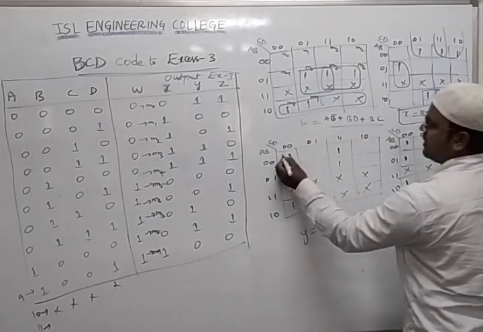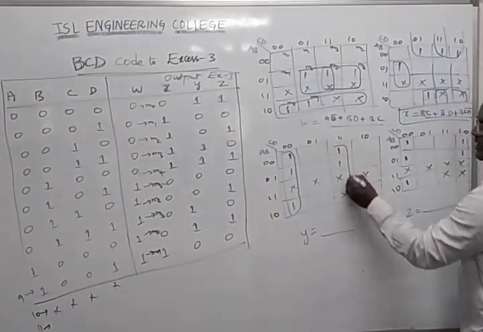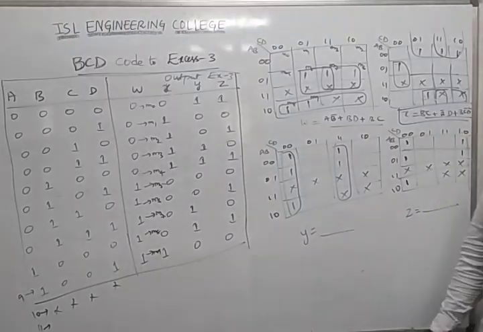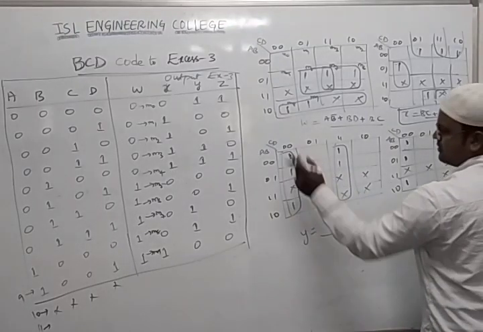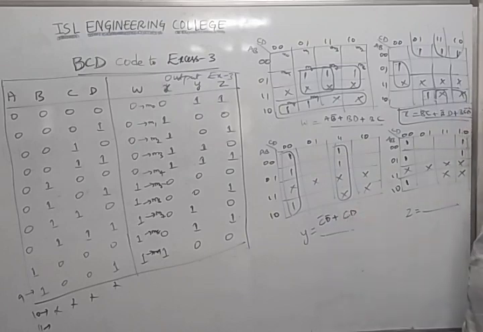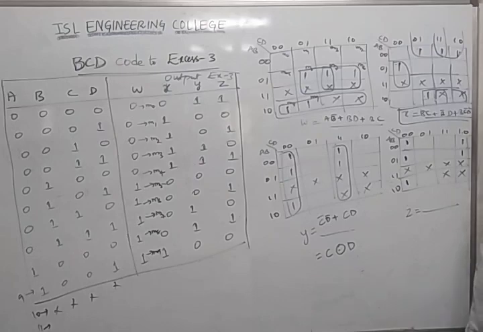Same way, can I make a combination like this? Yes, I can make it. This 4 quad and this 4 quad. This don't care is left out, we'll not look into it. If it is helpful for our ones, then only we will consider. So what can I write for this? It's C bar D bar, plus I can write CD for this. So this resembles which circuitry? C exclusive NOR with D. Right? We got Y.